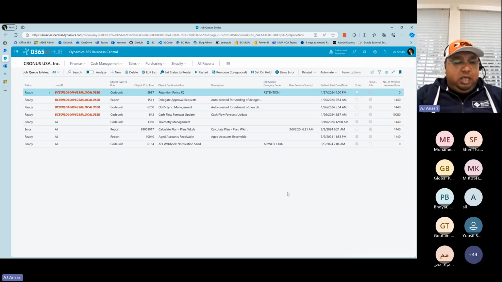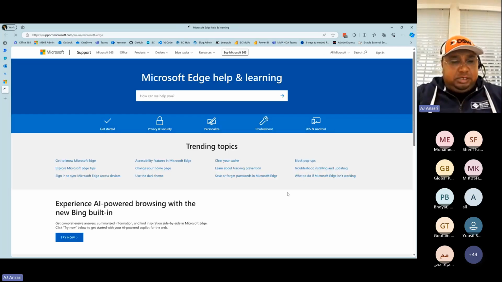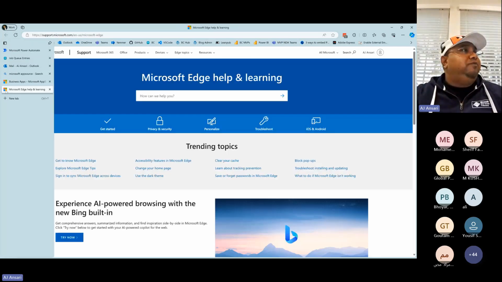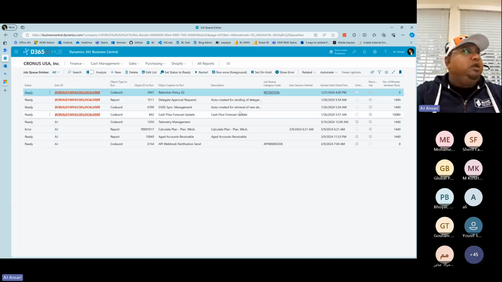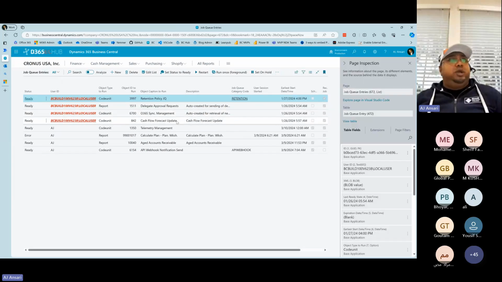If you're not seeing it, and on some environments I find that it's not easily visible. Oops, wasn't trying to create F1. So you use the Alt Control F1 shortcut, and that brings up the page inspection tool. So when I'm looking at page inspection, right away I can tell that this data comes from the job queue